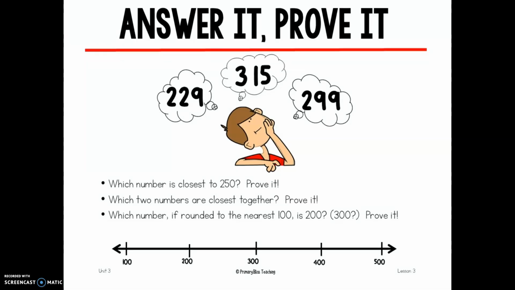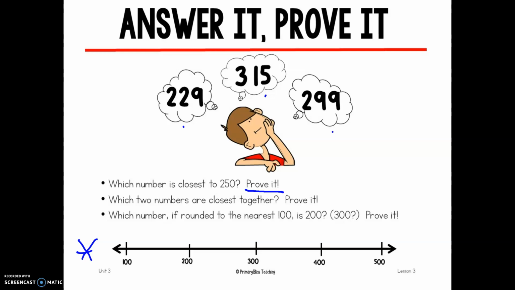It says, which number is closest to 250? When I look at my numbers, I have 229, 315, 299. But it also says to prove it. Well, down here, I have a number line. So I'm going to prove which one it's closest to by putting that number where I think it would belong on the number line. And when I'm thinking 229,